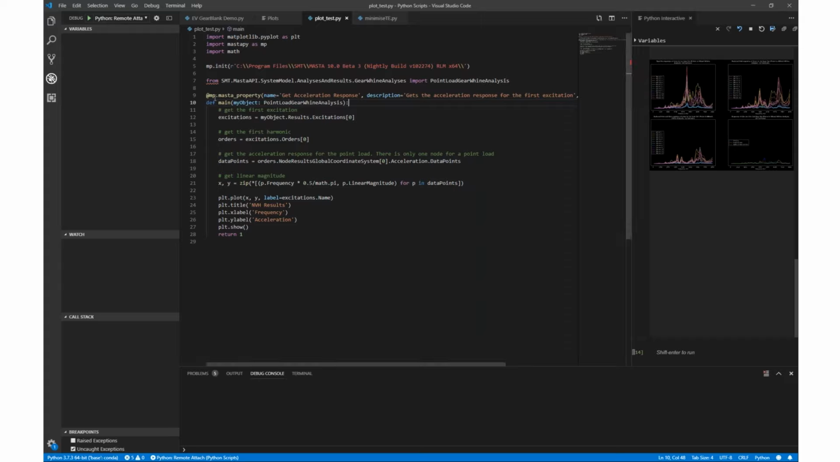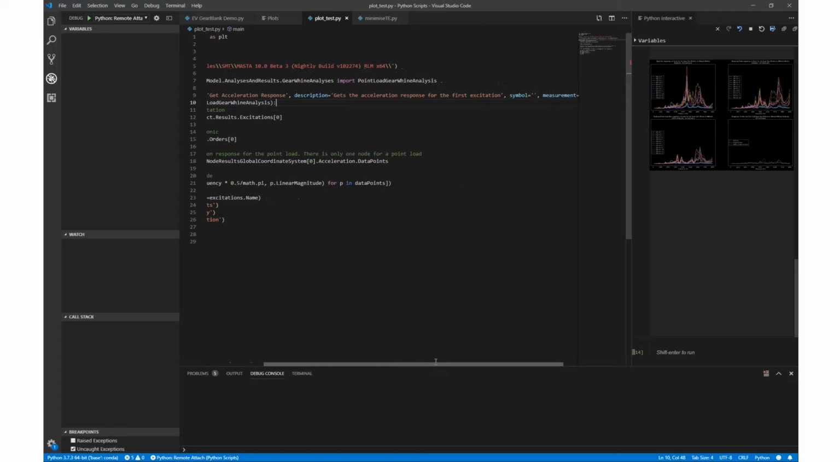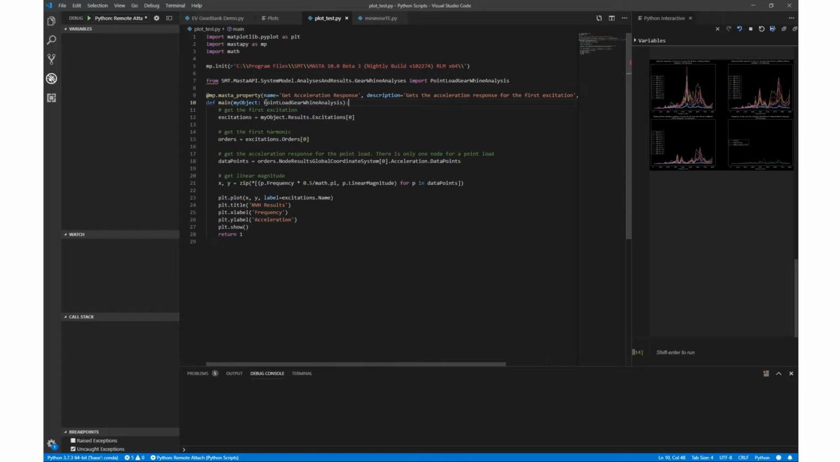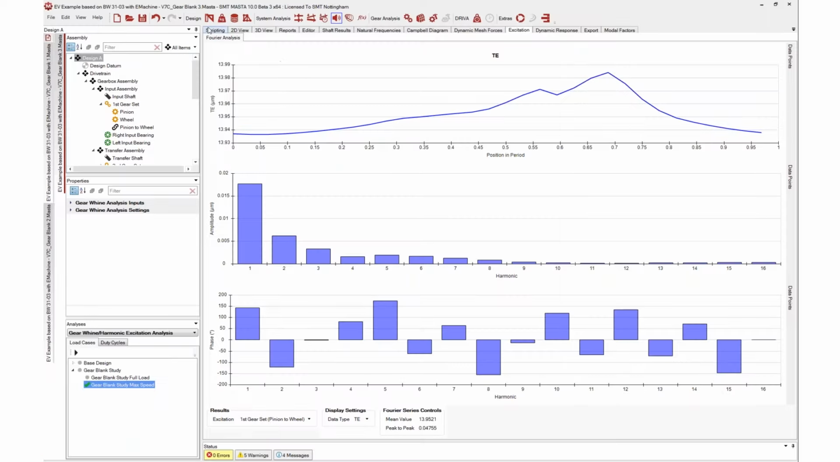I'll also show you this MASTA property. So if you saw the first scripting webinar, you'd see the MASTA property attribute. This is the Python equivalent. So we specify the name, get acceleration response, and the description. There's a measurement and symbol as well. And we define the type, point load gear wine analysis. So in MASTA, if you go to the scripting tab,